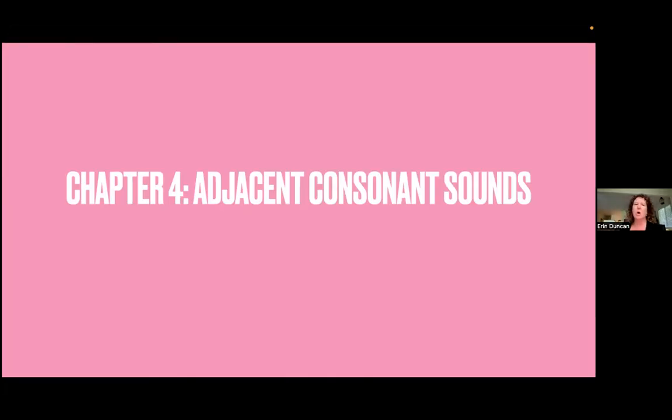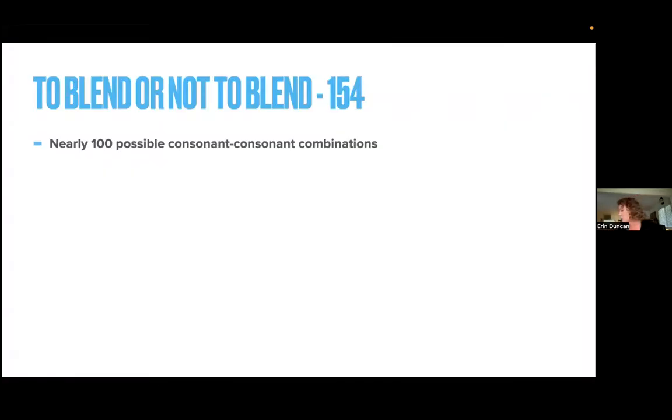Because if you think about it, all sounds in spoken words are blended. Two consonants aren't any more blended than the rest of the sounds are blended. They're just harder to pull apart, that's all. So I think in changing our terminology too, we can change our approach more easily. The book has great discussions of all of this, as always. On page 154, it talks about these consonant blends and why we're going to approach them a different way from the way that it is often done in phonics programs.